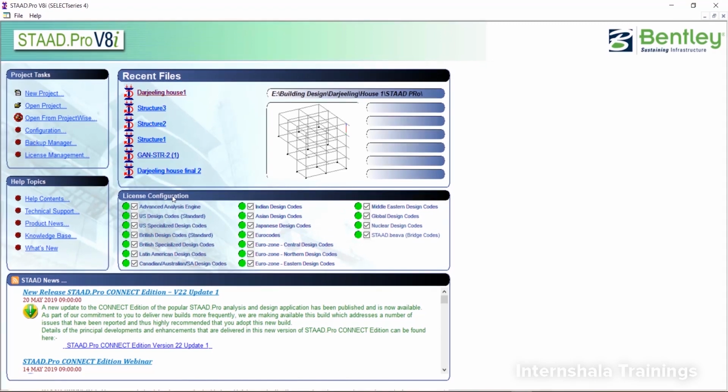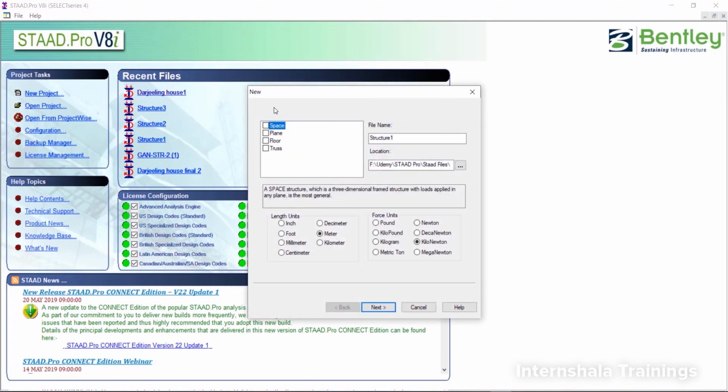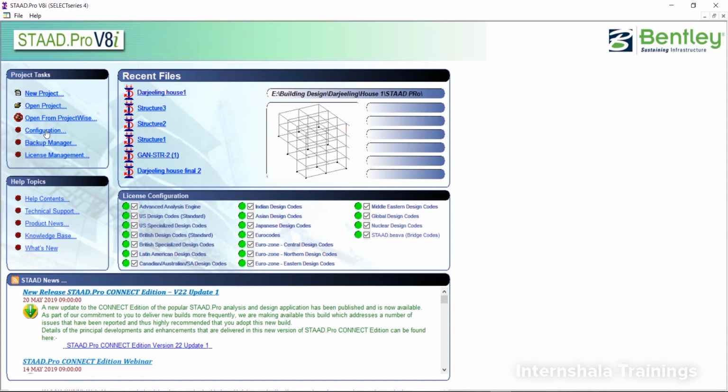Once you land up here, the first thing that you have to do is, if you're already working on any structure, you can open that structural file from here. But if you're creating any file from scratch, just click on new project. So we click on new project here. Okay, before doing that we have to do certain configuration. Let's do that. So click on configuration over here, left click,